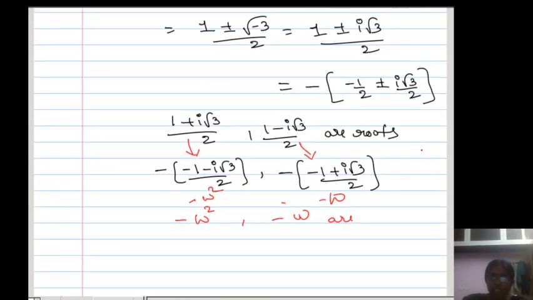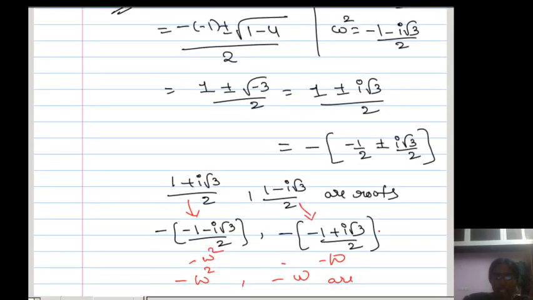So whatever roots we get, I converted in terms of omega and omega power 2. Hence the conclusion is that minus omega and minus omega power 2 are the roots of the